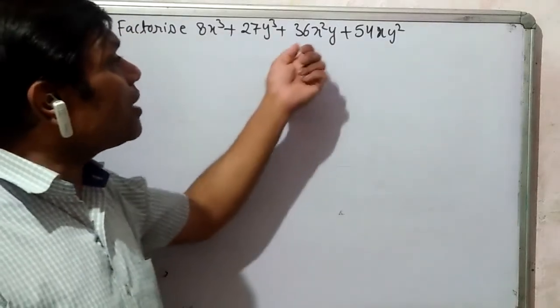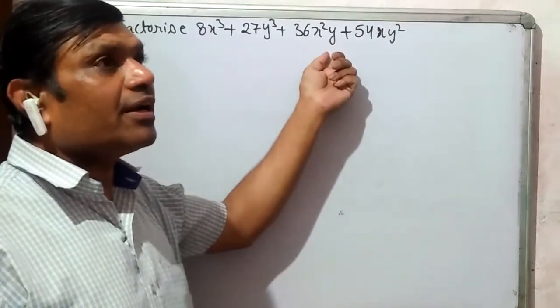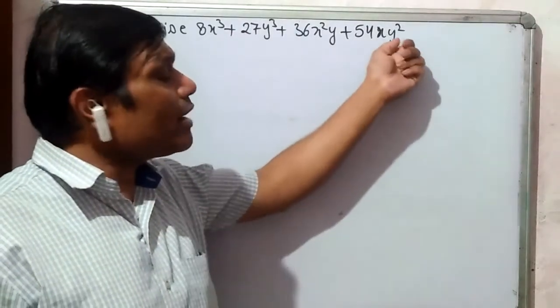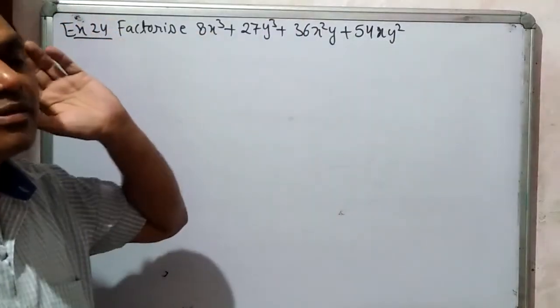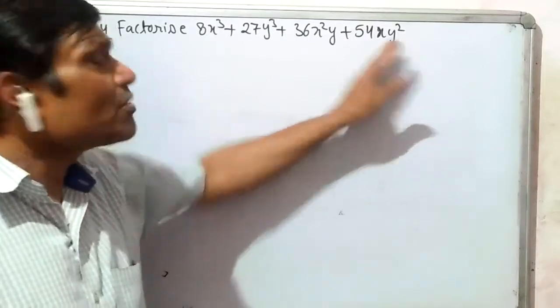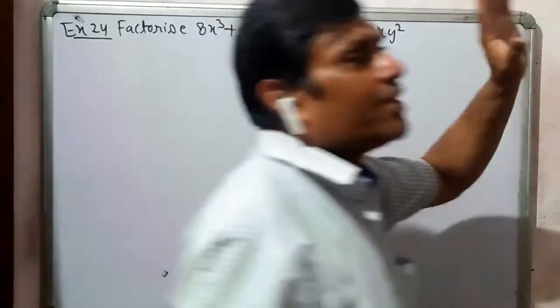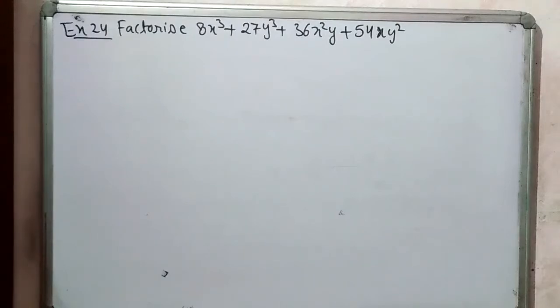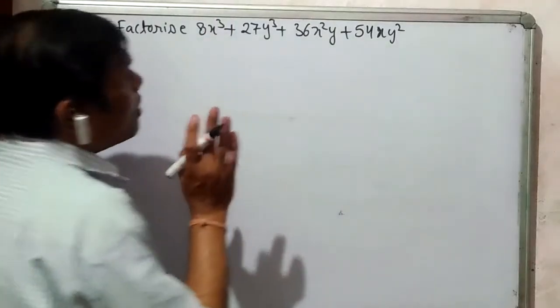The other 2 terms are the square of one multiplied with the first degree of the second, and the square of the other multiplied with the first degree of the first. The basic property of all these 4 terms is that all the 4 terms are of degree 3, of equal degree. So whenever there are 4 terms to be factorized with all 4 terms of degree 3, the probable identity will be either the cube of the sum or the cube of the difference.